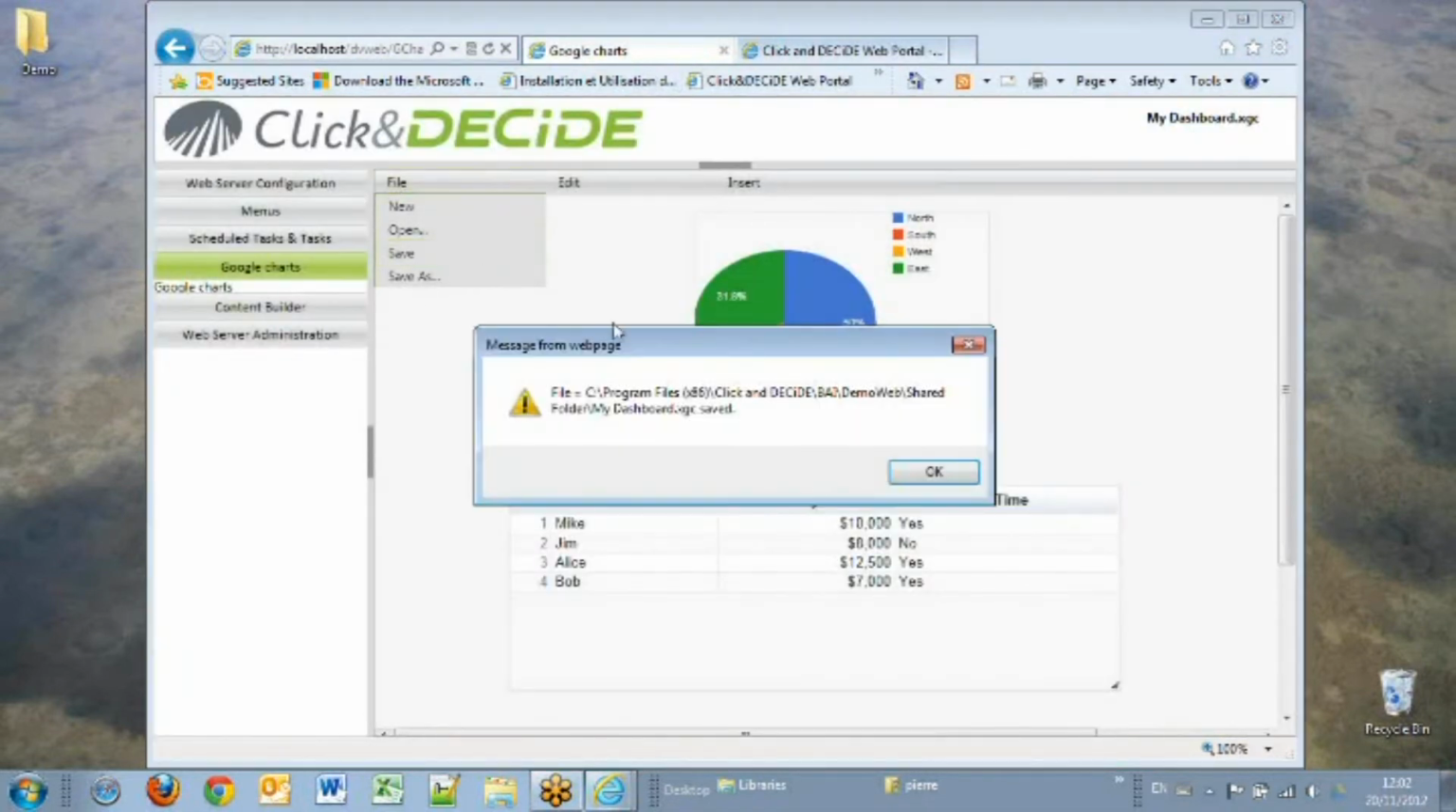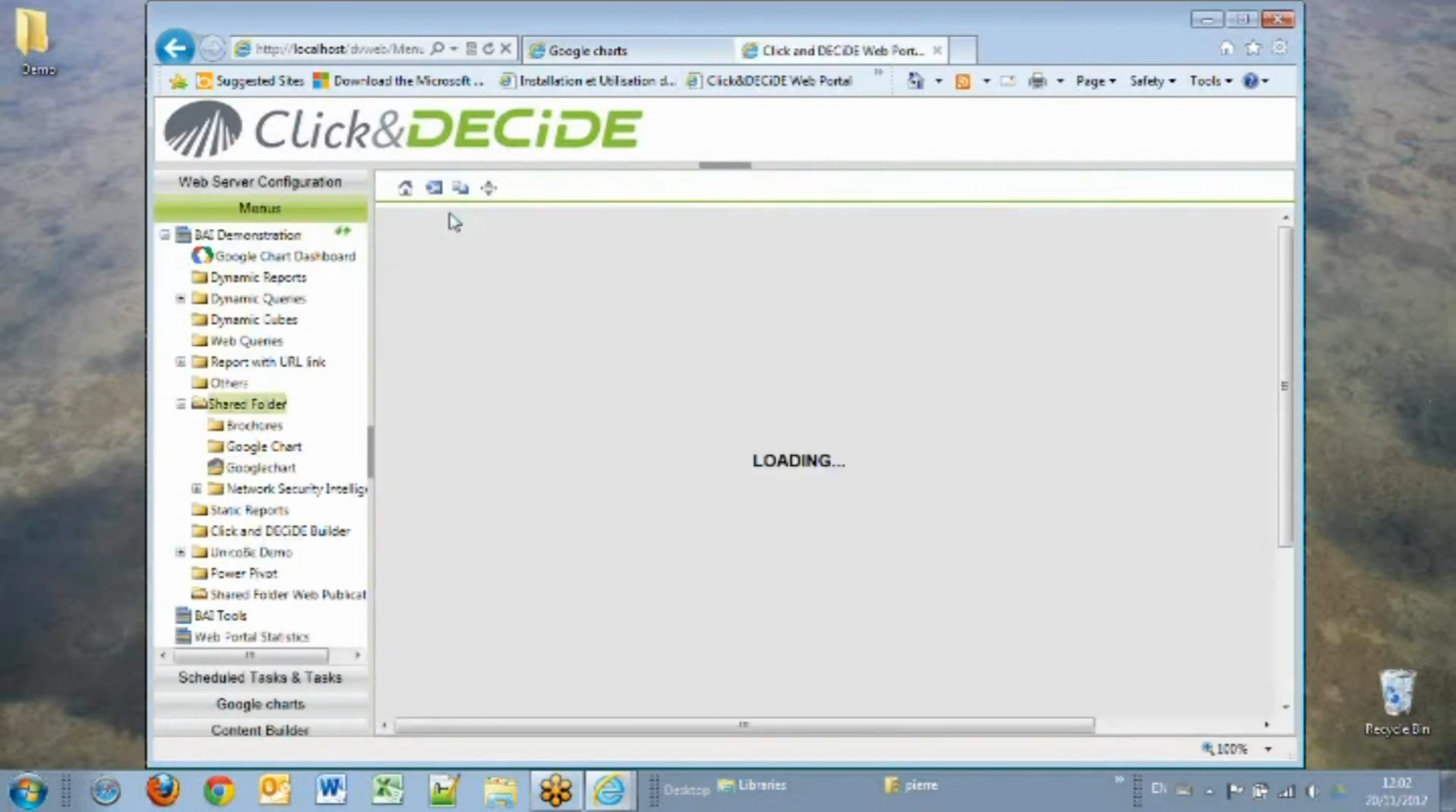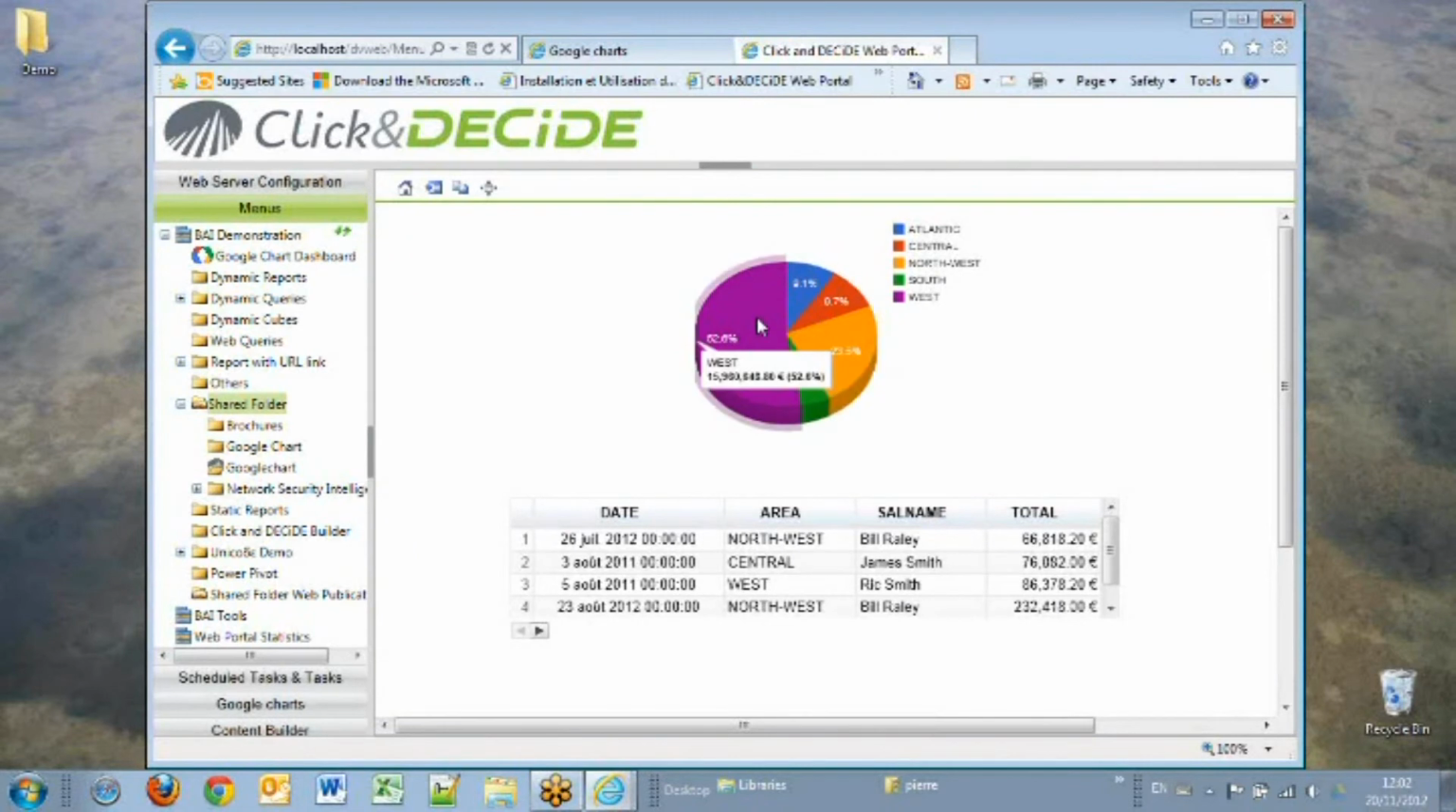We can save it, reopen the dashboard link in the shared folder menu, and we have a nice result to show, with additional information on the mouse over. What will be nice is when you click in the pie, the northwest pie, you have in the grid only